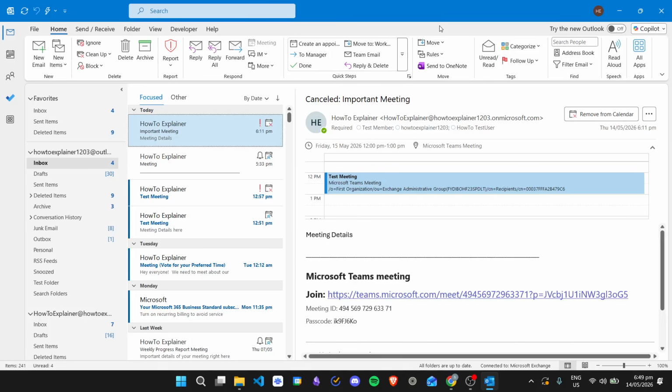How to fix Outlook not showing all emails. So here I am in the classic version of Outlook for Microsoft 365. If you have a problem with Outlook not showing all of your emails, we can try different solutions